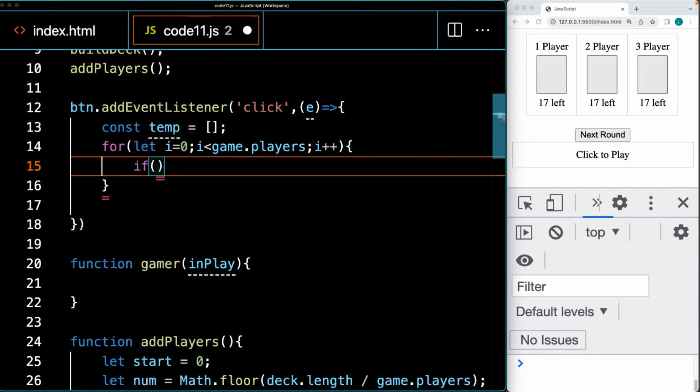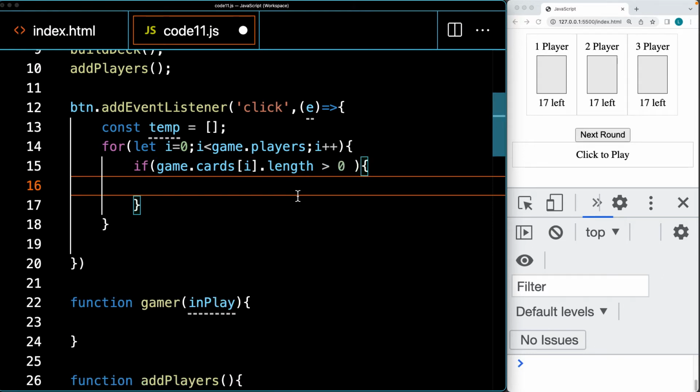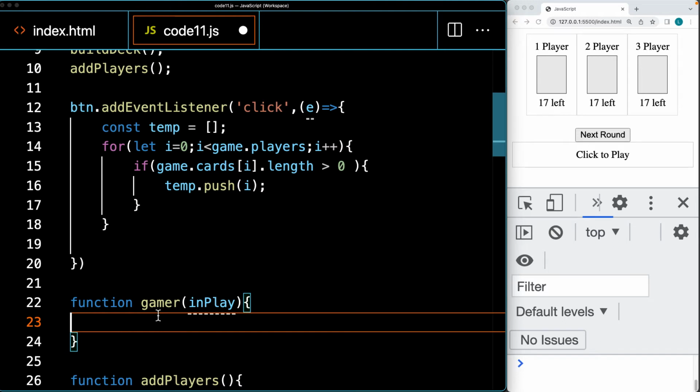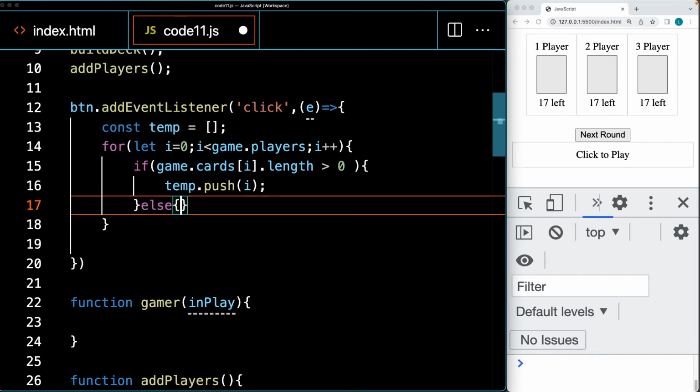And we'll do a condition to check to see if game cards i length. So this is the value for the player's number of cards. So as long as they're greater than 0, then that player is still in the game. So that means that we can add them to the temporary array. So we push in the index value, and that's going to be sent over to the gamer in order to play through that round with that player. If the player is not in play,